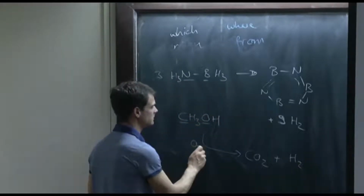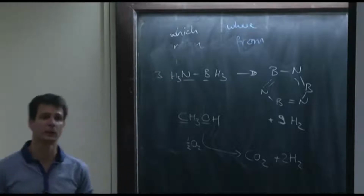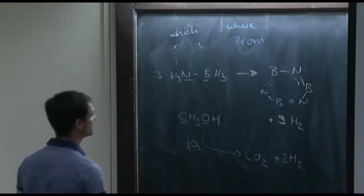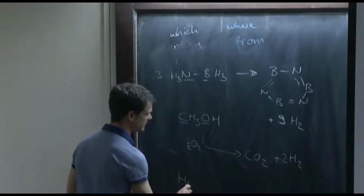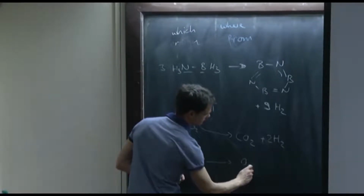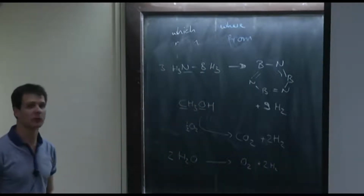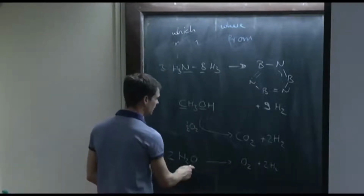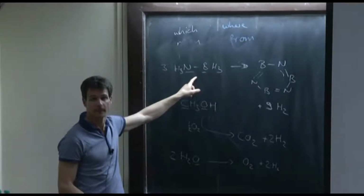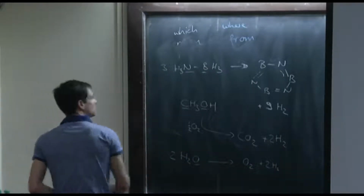And in the presence of oxygen, you form 2 equivalents of carbon dioxide and 2 equivalents of dihydrogen. And then the last one, obviously, would be water. And water is ideal because you'd see you have 1 oxygen, so it's not as high a storage capacity as ammonia borane, but it's extremely clean. So in all those cases, the problem is,